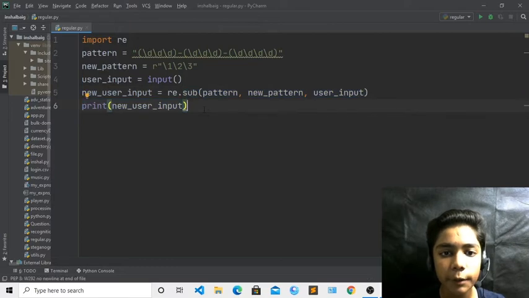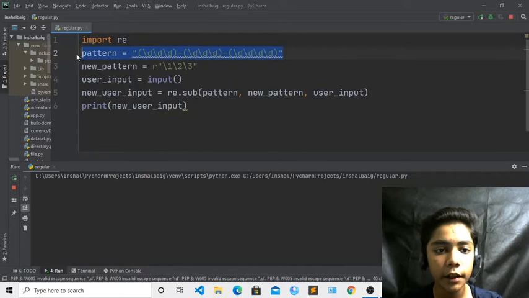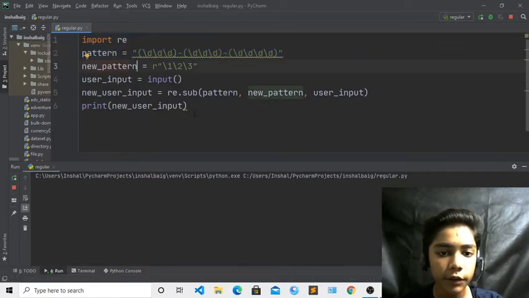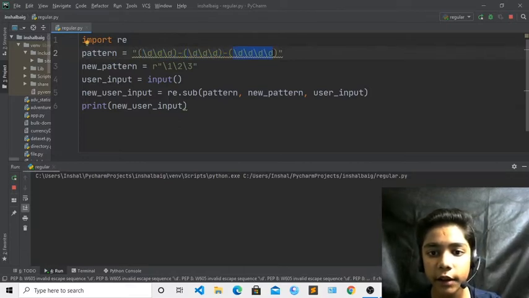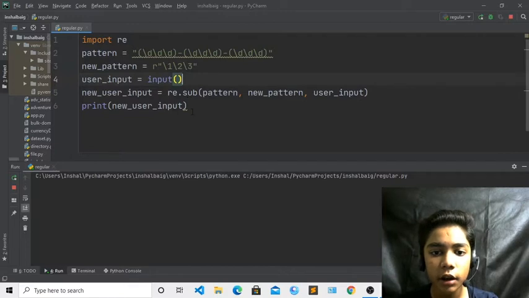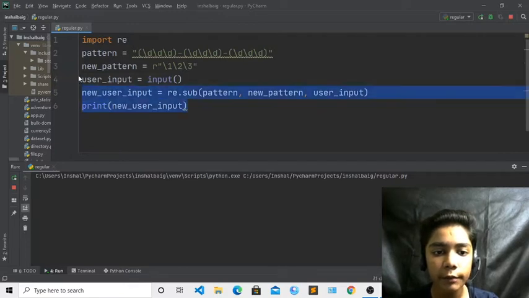We will check that, but I have to tell you one thing: there is one problem coming here. We have written this d 3 times, then 3 times in the second, and then 4 times, but here we have to write 3 times. So I will erase one of them. Now till here we have done our work and defined all these things.